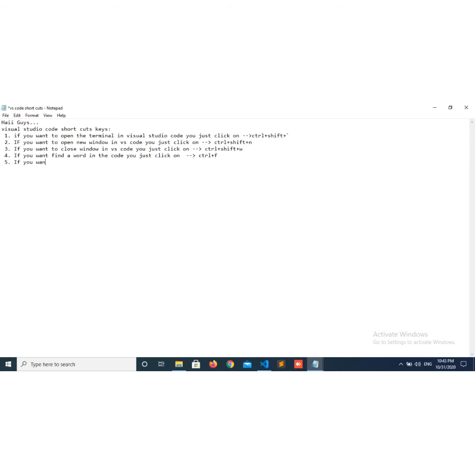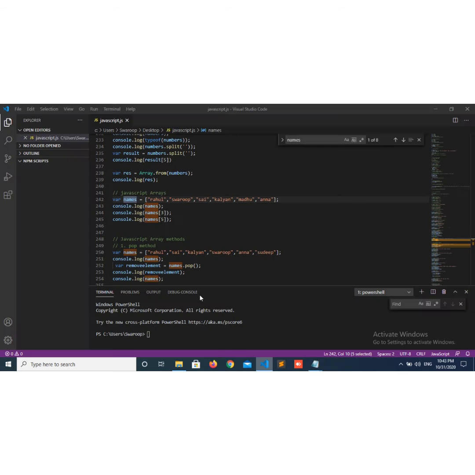If you want to replace an existing word with a new word, you just click on Control plus H. Let's see.